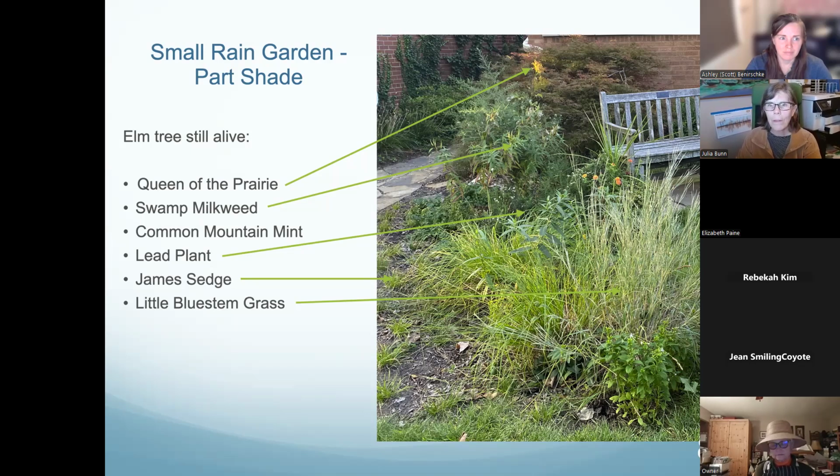The common mountain mint, which you can see with the white little lacy bloom. I forgot to put the arrow in there. It's between where the swamp milkweed is and the grass. So that's where it is. And I'll show you a more mature shot of the stand in a second. Then we have a lead plant that's hiding out in there, but it's growing slowly. When it got more sun, it finally really set its roots, and it's now becoming a more sizable shrub. The James sedge, which is the smaller sedge here on the edge,